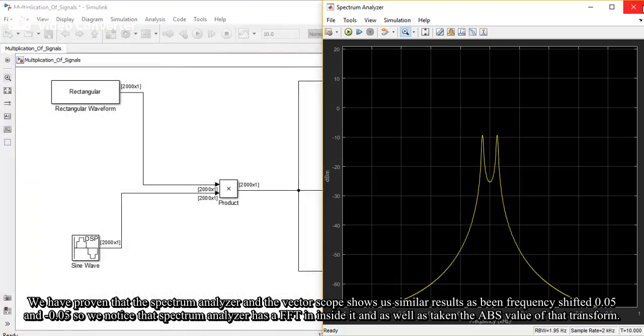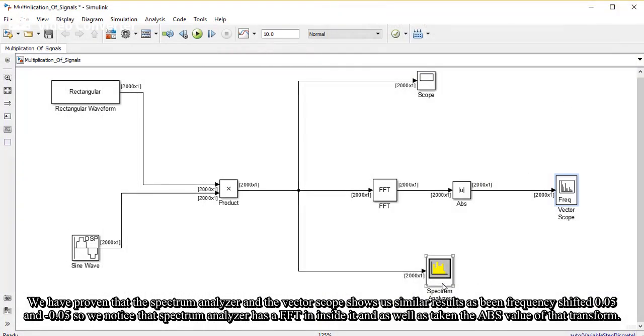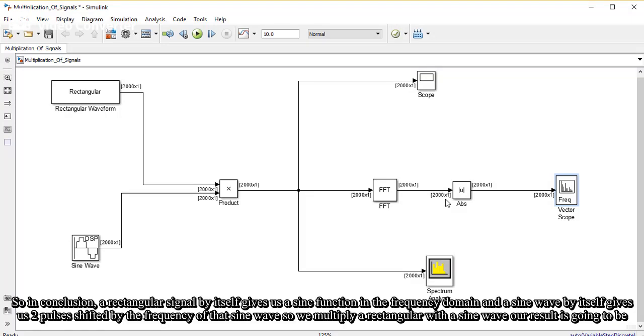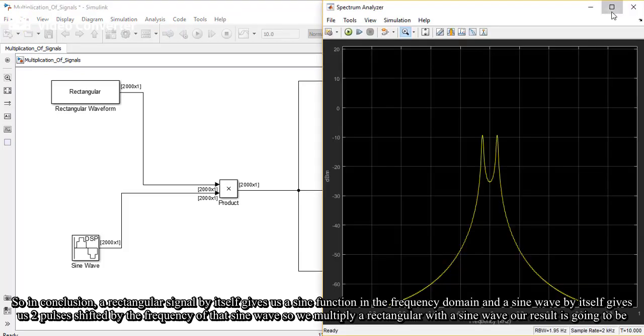So we notice that the spectrum analyzer has a fast Fourier transform built in inside it, as well as taking the absolute value of that transform. So in conclusion, a rectangular signal by itself gives us a sinc function in the frequency domain, and a sine wave by itself gives us two pulses shifted by the frequency of that sine wave. So when we multiply a rectangular with a sine wave, our result is going to be,